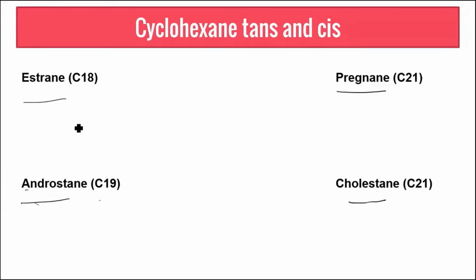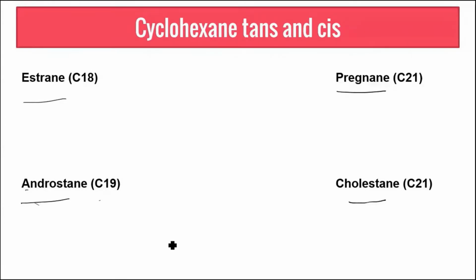So can someone quickly tell me, if I say estrane is C18, what will be the core in estrane? C18, so what should be in it? The 4 rings and 1 methyl group. Yes, very good. But then where should that methyl be placed? On carbon 13, between ring C and D. Somebody has also labeled the correct position. So 18 is present and 19 is absent. So that type of structure would be your